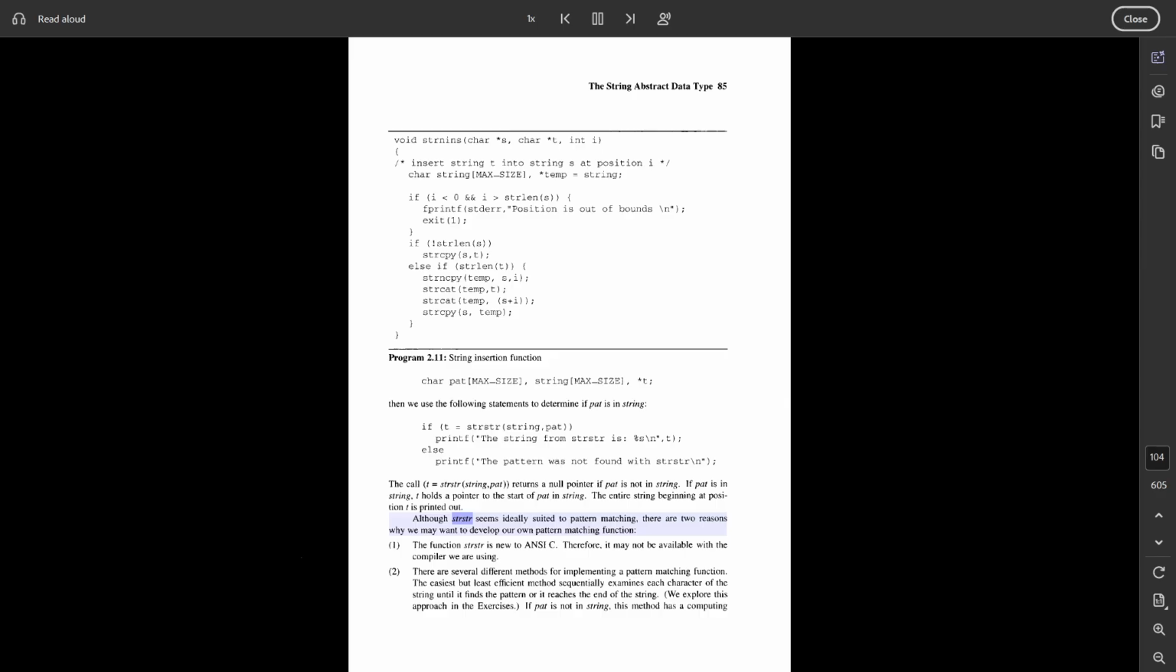Although strstr seems ideally suited to pattern matching, there are two reasons why we may want to develop our own pattern matching function. 1. The function strstr is new to ANSI C. Therefore, it may not be available with the compiler we are using. 2. There are several different methods for implementing a pattern matching function. The easiest but least efficient method sequentially examines each character of the string until it finds the pattern or it reaches the end of the string. We explore this approach in the exercises. If pat is not in string, this method has a computing